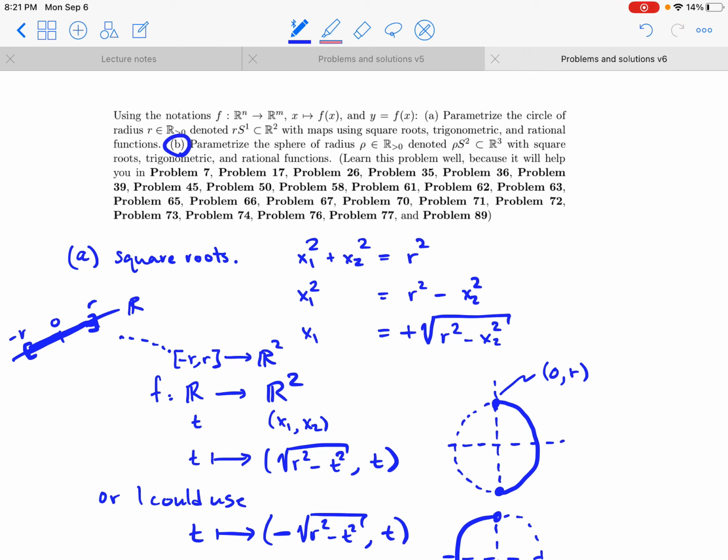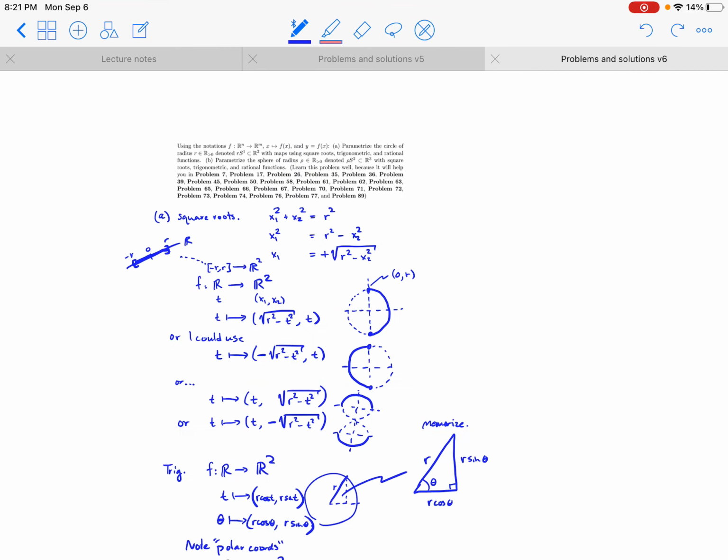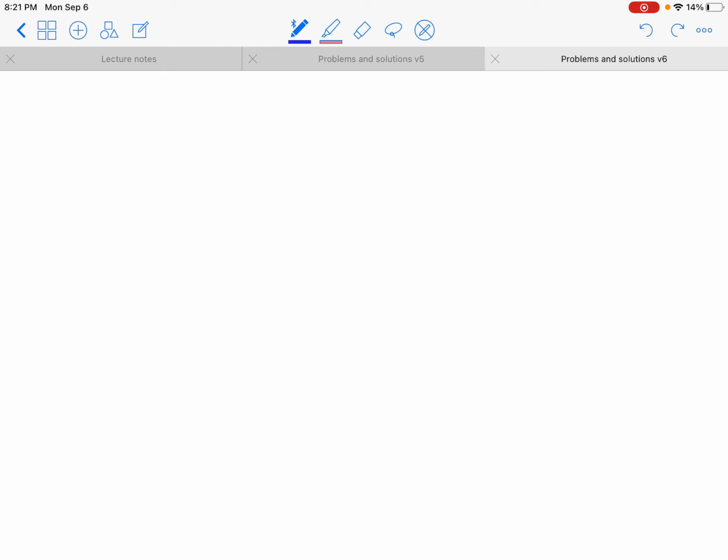Let's do part B. Parametrize the sphere of radius rho with square roots, trig, and rational functions. Okay, so let's do that over here. B. Sphere in square roots. Okay, so